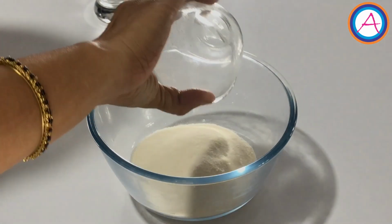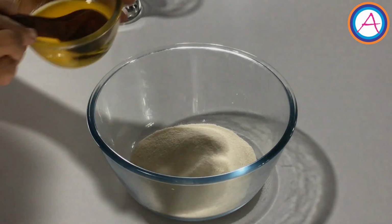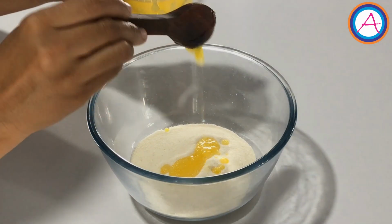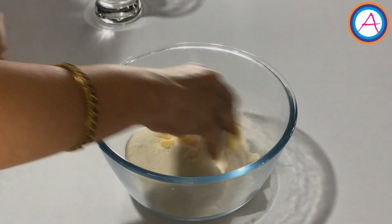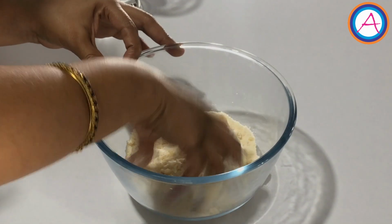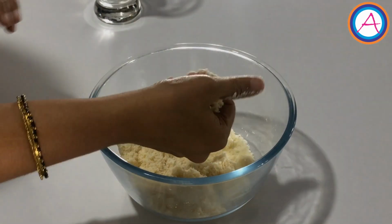To a mixing bowl, add 1 cup of chiroti rava and 1 tablespoon of ghee. Start mixing this. Once this rava holds the shape like this,